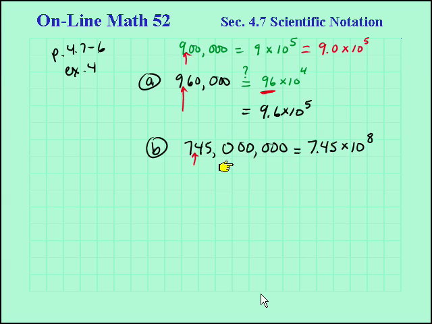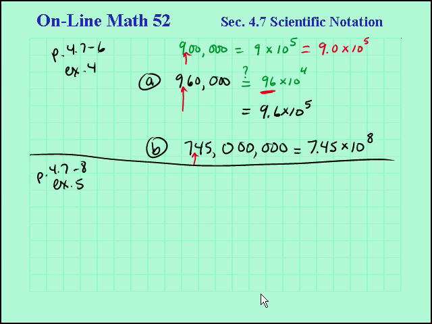If it were a small number, then we'd have negative exponents. In fact, our next example is going to be just that. Example 5 on page 8. Let's take a look at that. That's on page 4.7-8. Part A, in example 5, says we have